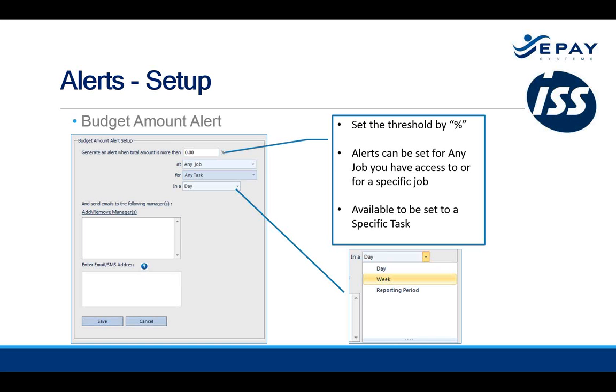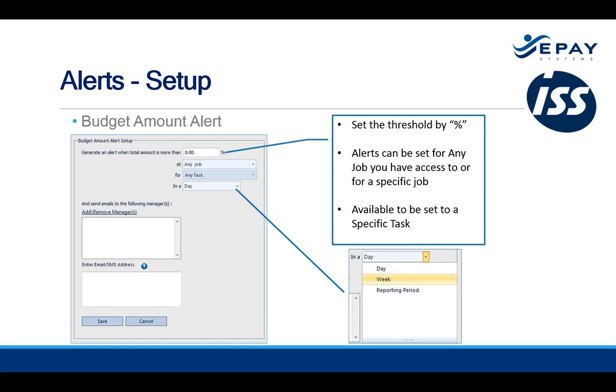Once I pick a specific job, I do have the ability to go in there and pick a specific task. Maybe I only want to look at job 100, which is my main office, is my job name and number, and maybe I only want to look at the custodian task. I don't care about anybody else. I just want to see custodian because custodian always seems to be running over budget, so I want to focus on that one task. From the screen, I can pick custodian under the Any Task drop-down, and then lastly, choose